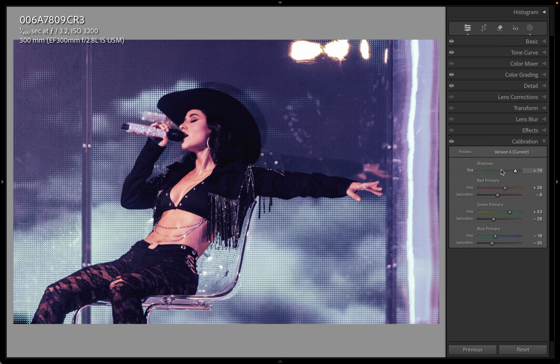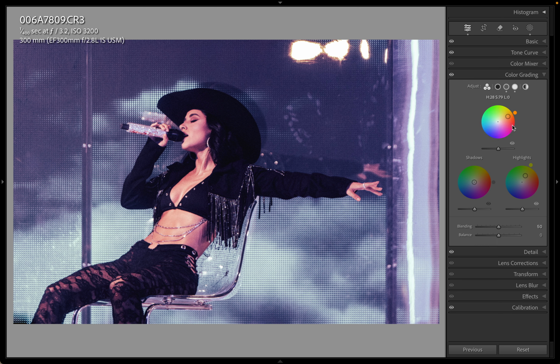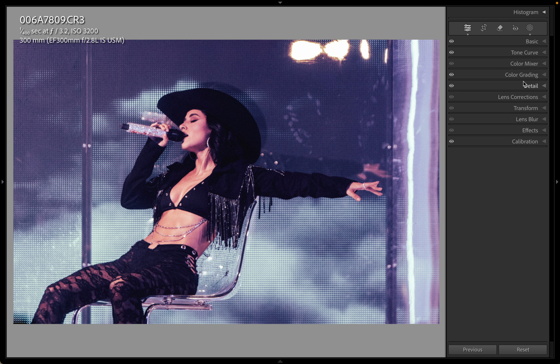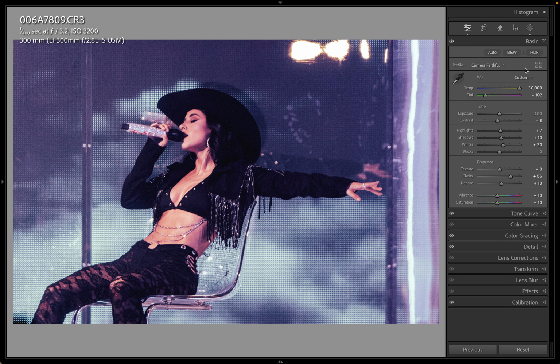And sometimes it's counterintuitive. Like the original image has a lot of purple and red, but I'm still moving the shadow slider towards that side just because going towards the green side makes it more blue. And some of it's a counterbalance, like you're putting red in here and then pushing things in color mixer. Oh, not in this one. I didn't use color mixer at all. In color grading, in custom, you're going green here and then red here in the shadows, that kind of thing.